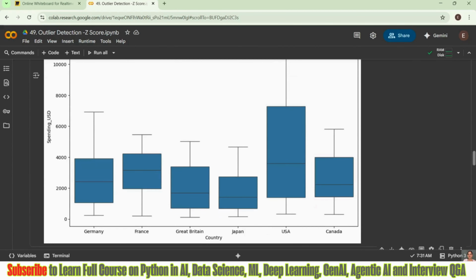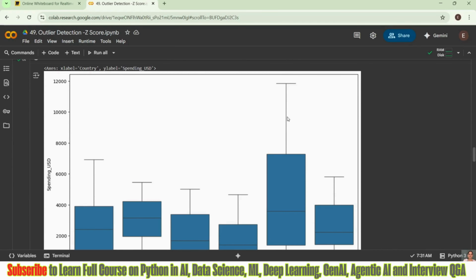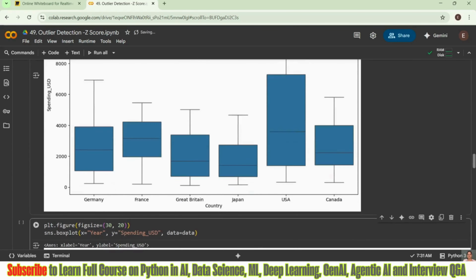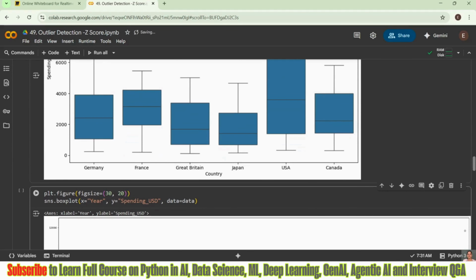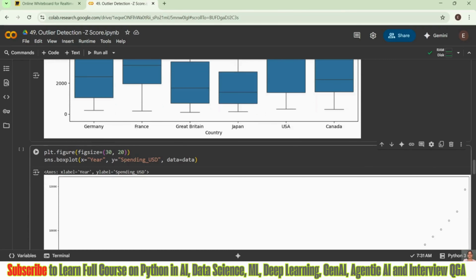However, USA is coming in the more than 8,000 to 12,000 range. That is a bit over the range, and it should be in range. For that, we need to understand how we can get our